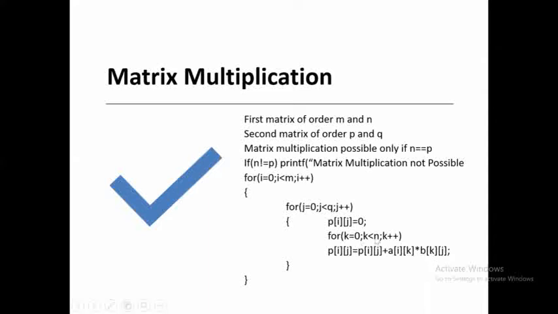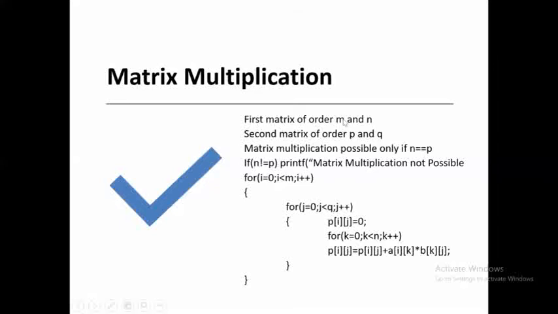So you're going to use this one. For matrix multiplication between the rows and the columns, you're going to use k is equal to 0, k less than n, k plus plus. So this is the main statement for matrix multiplication: P of ij is assigned by P of ij plus A of ik into B of kj. So one quick recap with respect to matrix multiplication. The first matrix that is required is of order m and n. What is m?